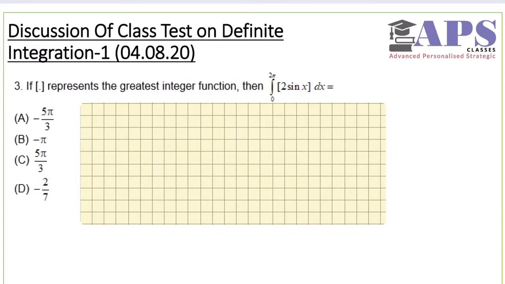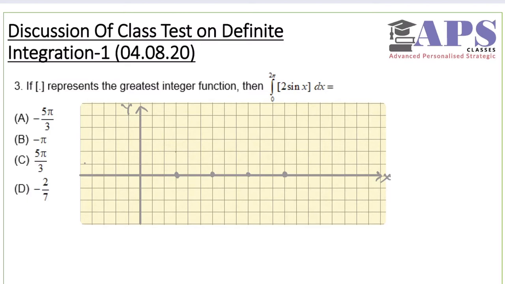Okay, let's consider the graph of the function 2 sin x for question number 3. So x-axis, y-axis, and we need to take the integration in the interval 0 to 2 pi. Let's consider this as pi by 2, this is pi, 3 pi by 2, 2 pi, and at pi by 2 the value is 1, so it is here. So let us draw the graph like this.